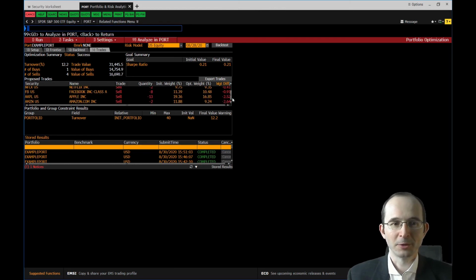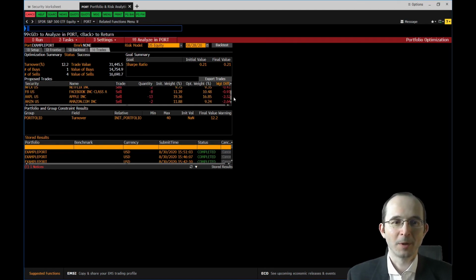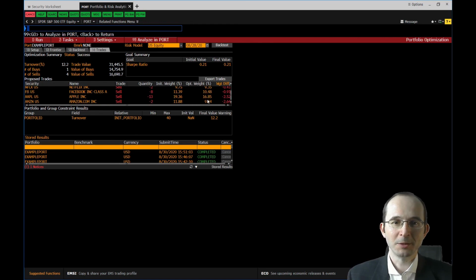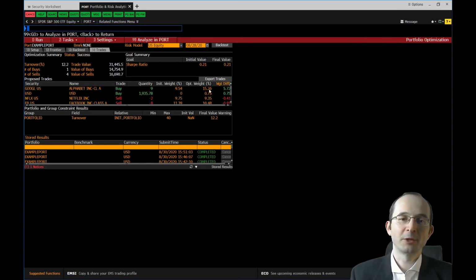Okay, so that's looking encouraging. We got some trades. We are not trading the ETF as we specified. It looks like we're increasing our positions in Google, decreasing in Netflix, decreasing in Facebook, decreasing in Apple, decreasing in Amazon. So it looks like we're just selling off most of the FAANGs, putting them into